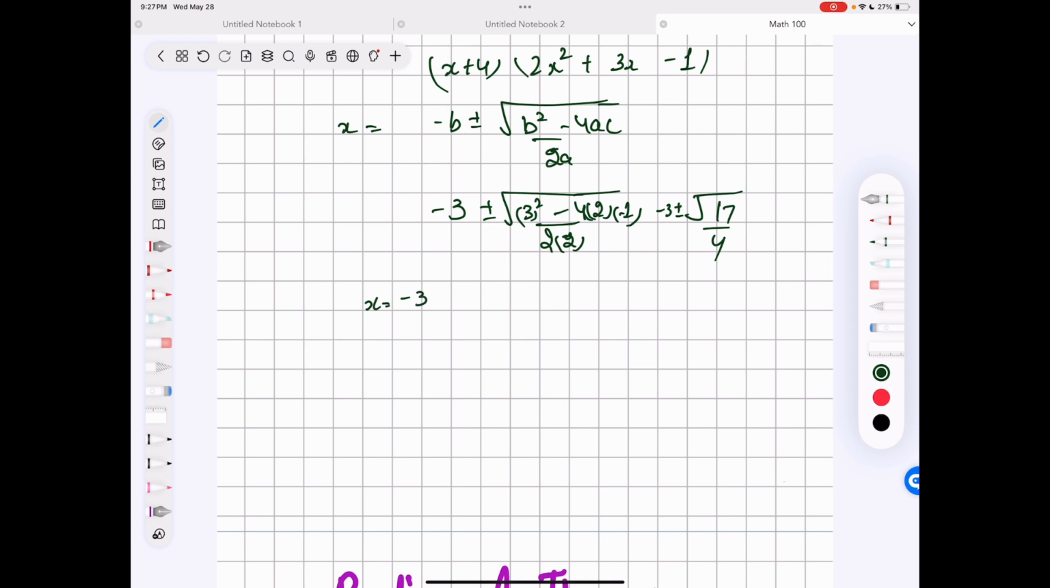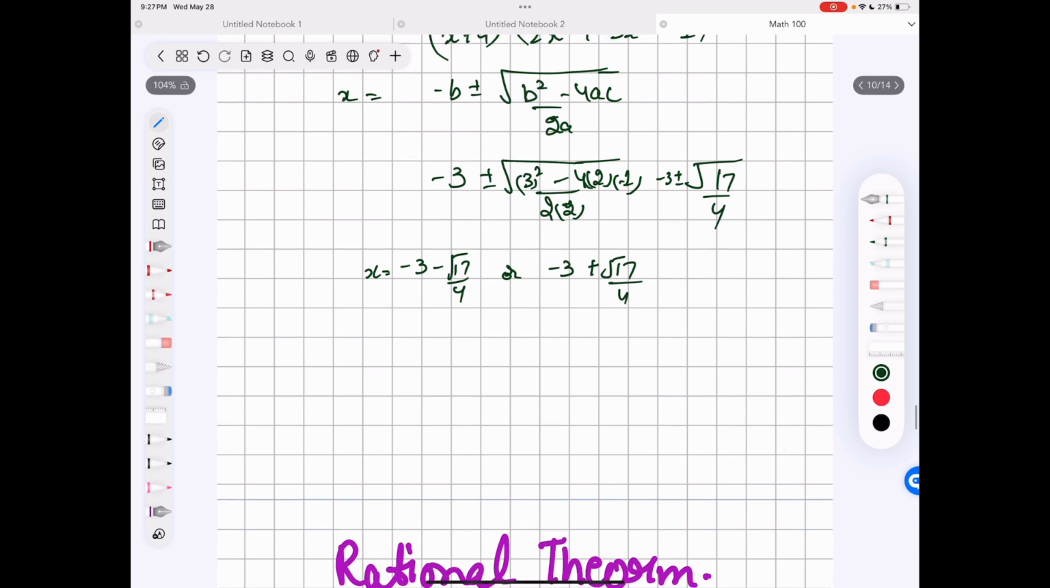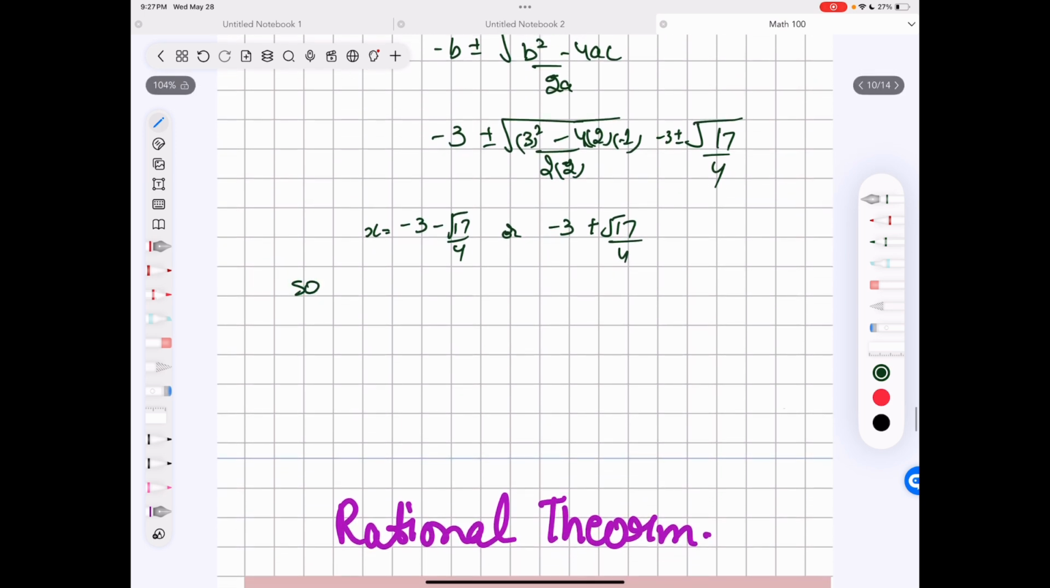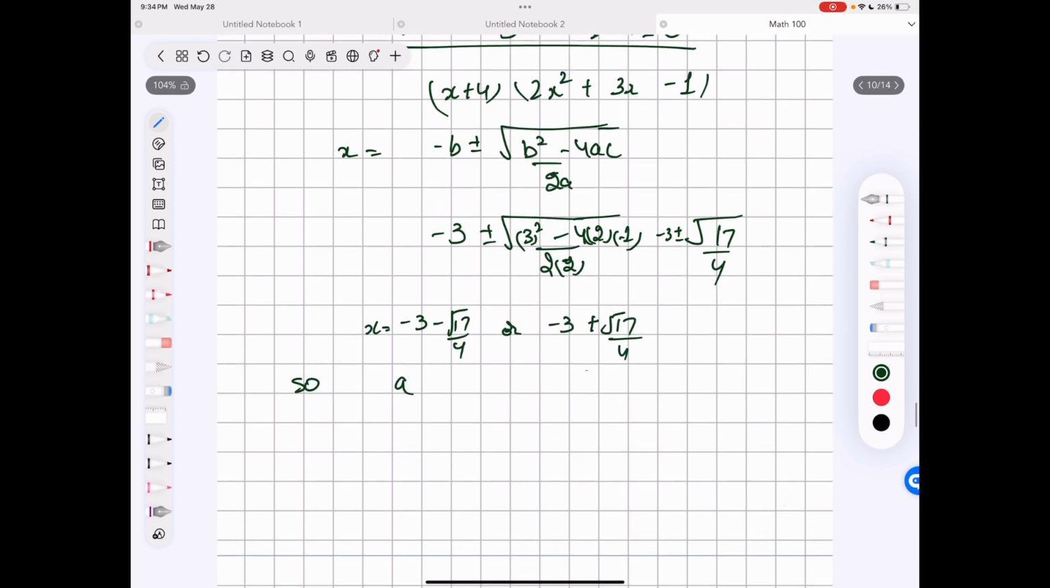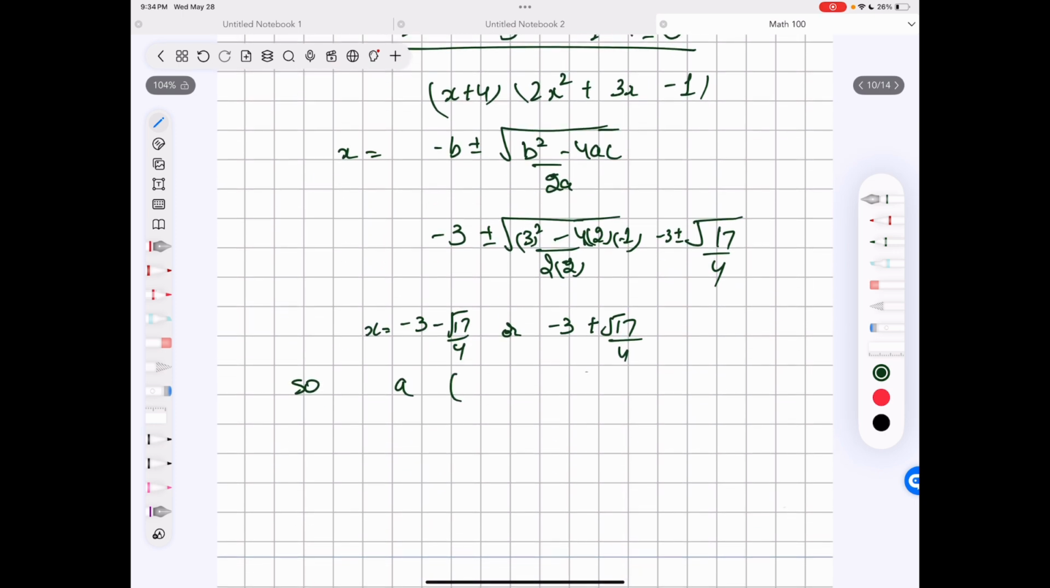We can write it as x equal to minus 3 minus 17 over 4, or minus 3 plus 17 over 4. So we got two terms here. We can write these terms by making it look like a full function. Our a is a leading term, which was 2, and then we write what we divided it by. It was 4,